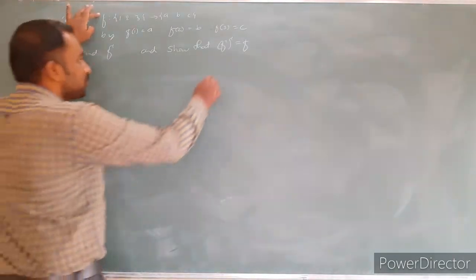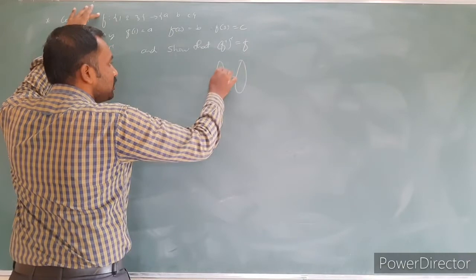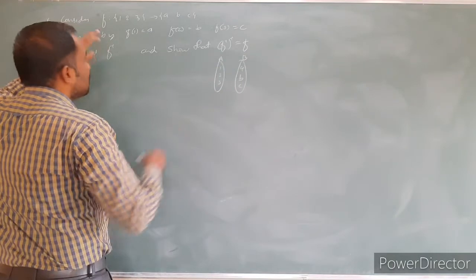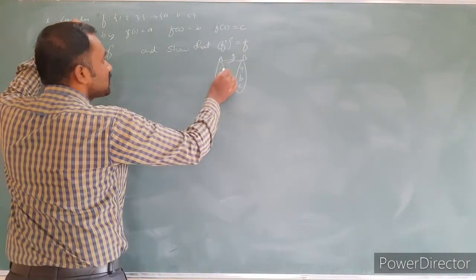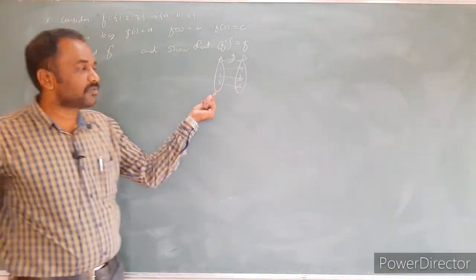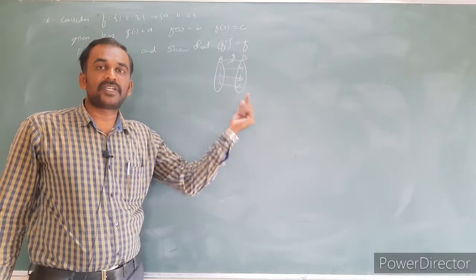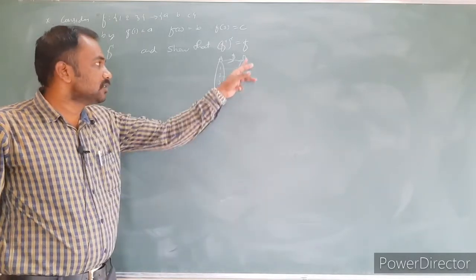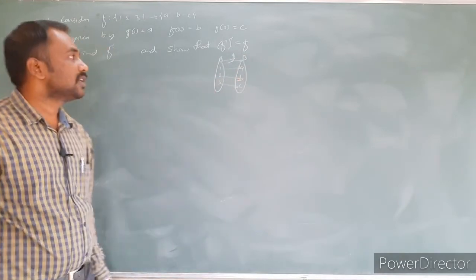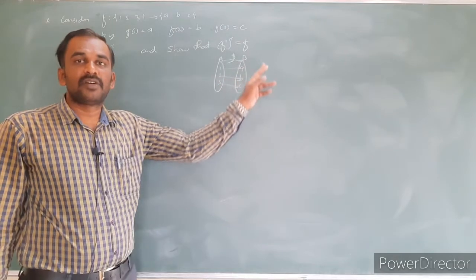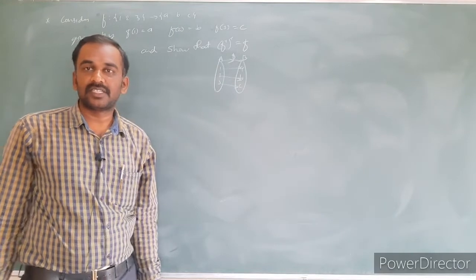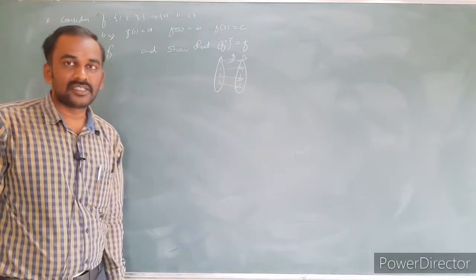The function is defined from the set {1, 2, 3} to {A, B, C}. I just name this set as A, this set as B. Under the function F, the image of 1 is A, image of 2 is B, image of 3 is C. Can I say that it is one-one? Yes, obviously it is one-one. Different elements have different images. Can I say that it is onto? Yes, every element from the codomain set has at least one pre-image. Yes, onto. Inverse exists. Every element from the codomain set has a unique pre-image in the set A. All the conditions are satisfied, so the inverse exists.